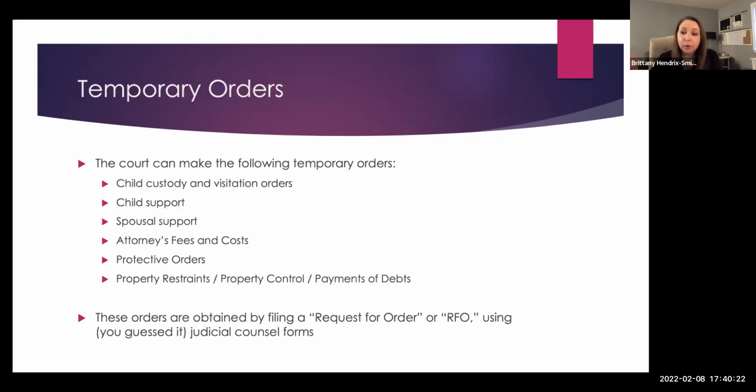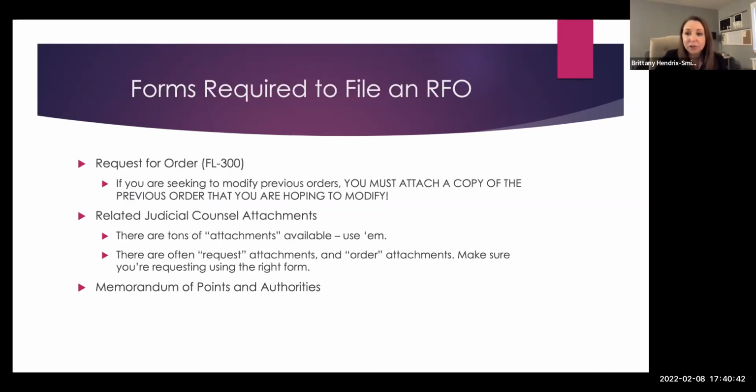So temporary orders you can make: support orders, attorney's fees orders, protective orders, and then interim property restraints. As you may have guessed, you get these orders through more Judicial Council forms. The forms required, you've got the FL-300, and then there are tons of attachments. Thank God the attachments are indicated on the initial FL-300. So that FL-300 is going to act kind of like a table of contents to all of the things that you're requesting. In a request that is heard in front of a judge for about 20 minutes max, you